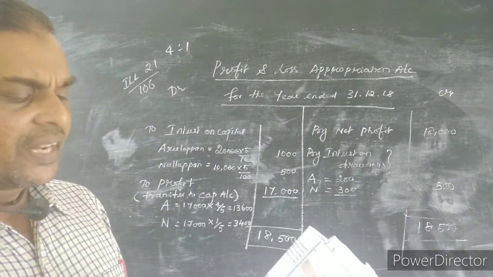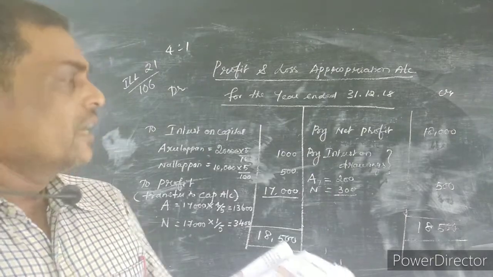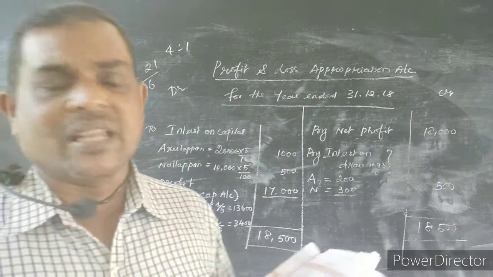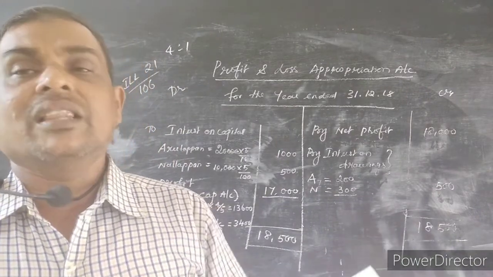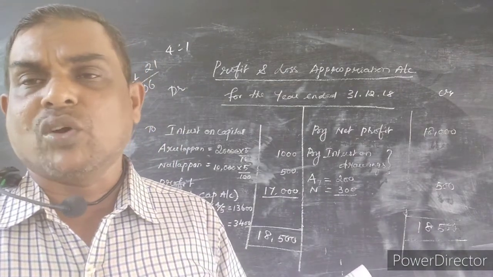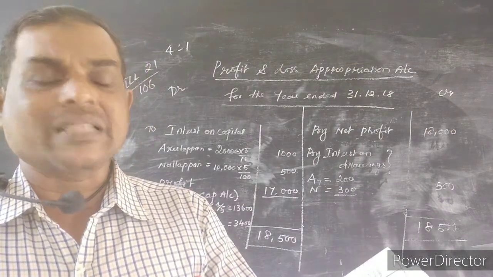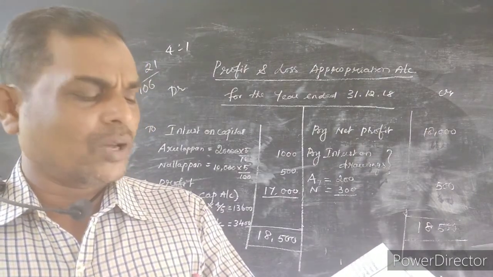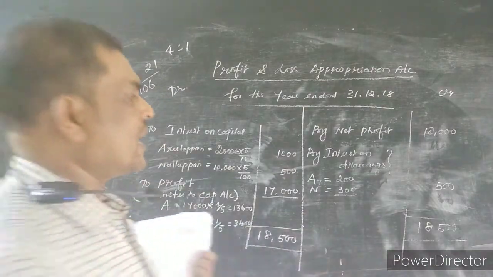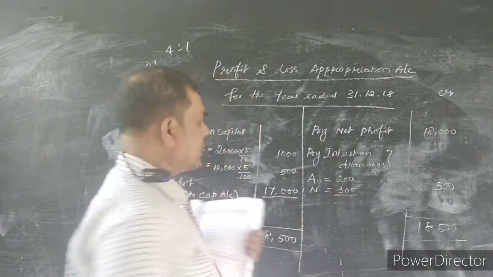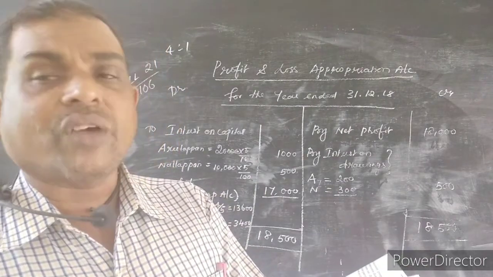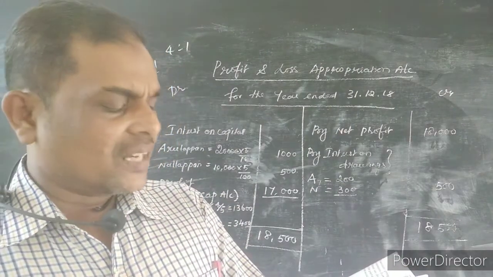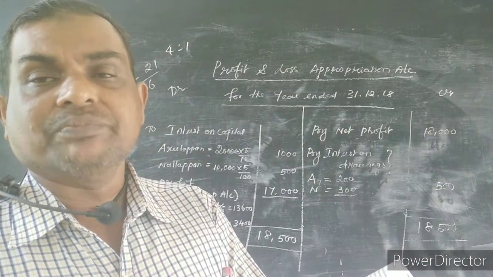Okay, the next journal entry is for interest on drawings. Interest on drawings is income for the business, so that is why it is credited. In third entry, interest on drawings credited. Then whom will be debited? Partner's capital account will be debited. So Arulappan's capital account debtor, Nallasami's capital account debtor to interest on drawings. What is the Arulappan capital interest on drawings? 200. Nallasami's capital account 300. So totally interest on drawings 500. So narration is interest on drawings charged.